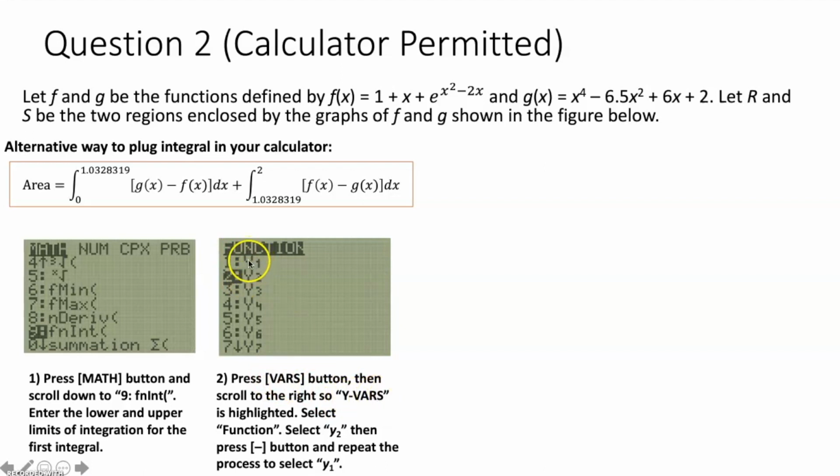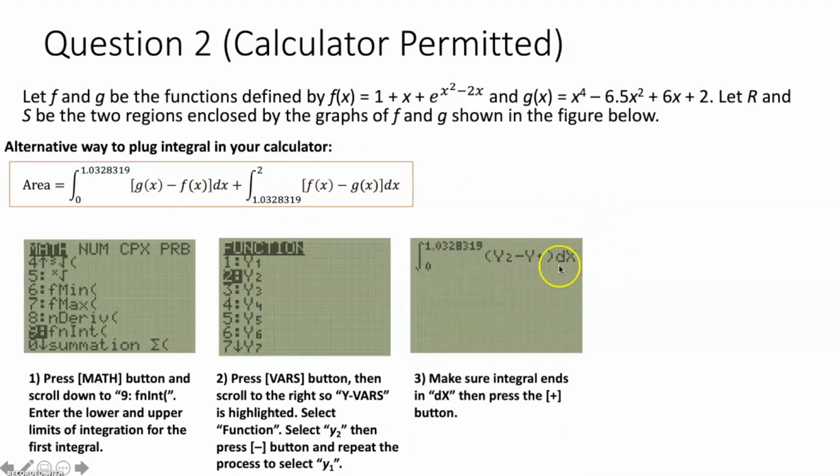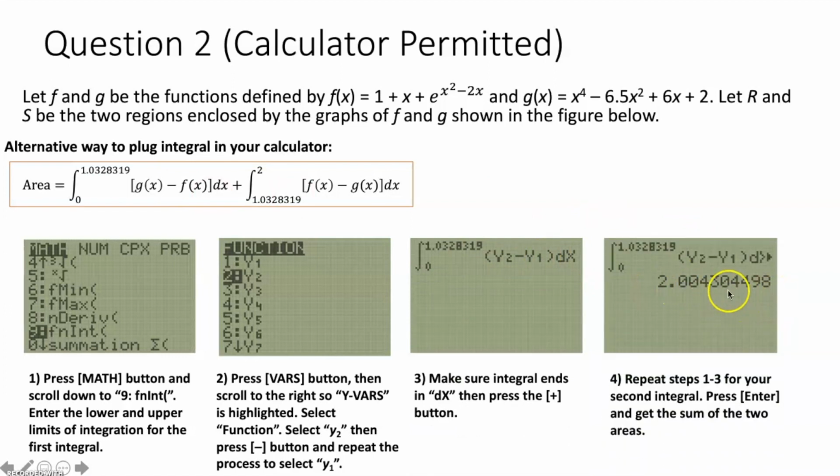Remember, we entered in f of x for y sub 1 and g of x for y sub 2. So we can plug in each of those to their respective spots in both of these definite integrals. Plug all of that in your calculator. Remember, there's another definite integral after this. Press enter and you get the exact same thing. It's just an alternative way to plug it into your calculator rather than having to re-plug in each of these